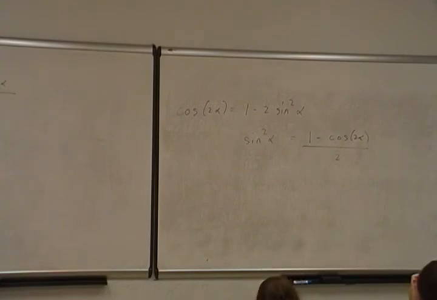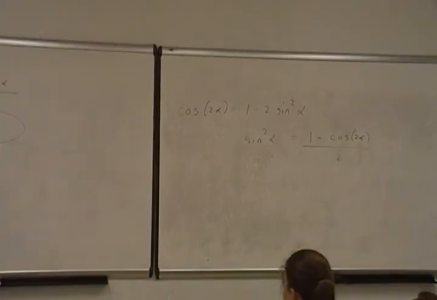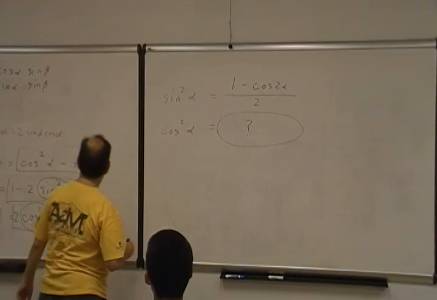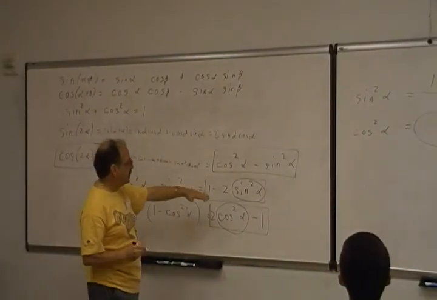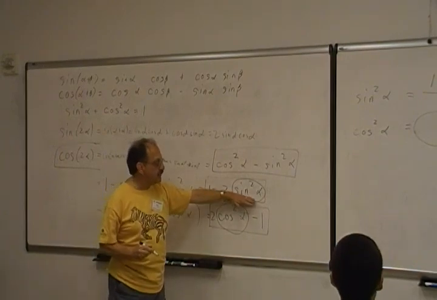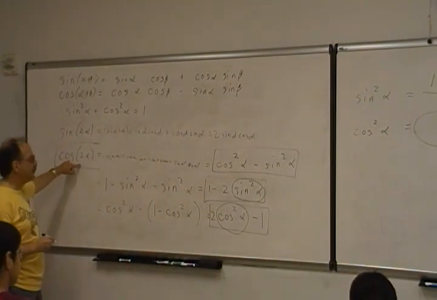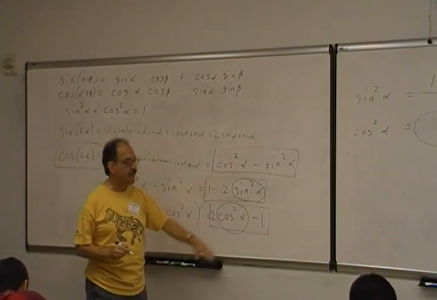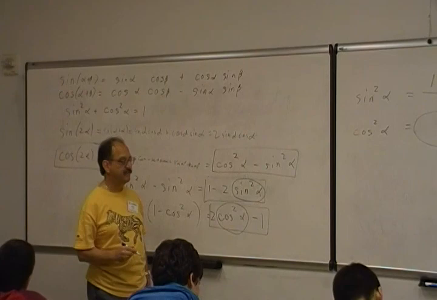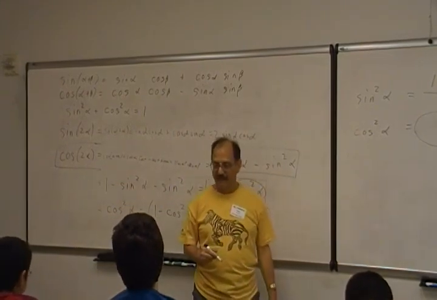Along with the other problem I gave you for homework, I want you to do the following. Take this identity and solve it for cosine squared alpha to figure out what the other identity is here. Okay? What goes in there? Second homework assignment. I just did this one over there by writing down cosine of 2 alpha is 1 minus 2 sine squared alpha and solving for sine squared. You set cosine of 2 alpha equal to 2 cosine squared alpha minus 1 and solve for cosine squared. Okay? So it's cosine 2 alpha equals